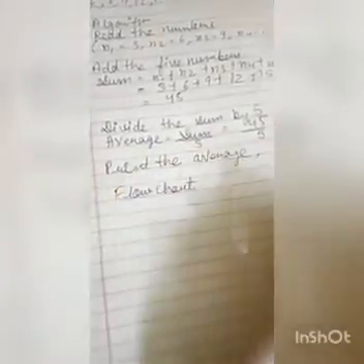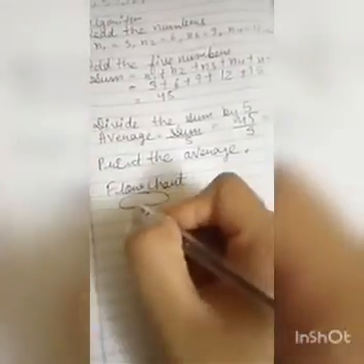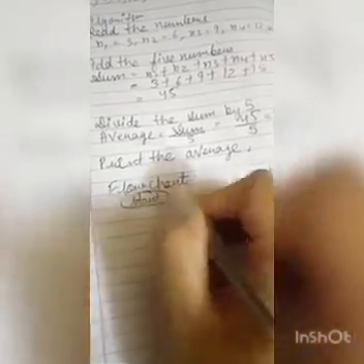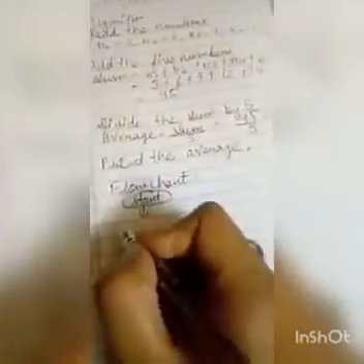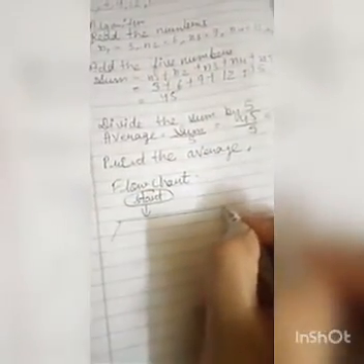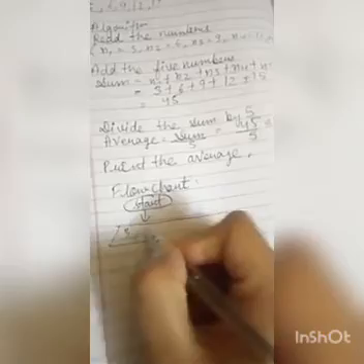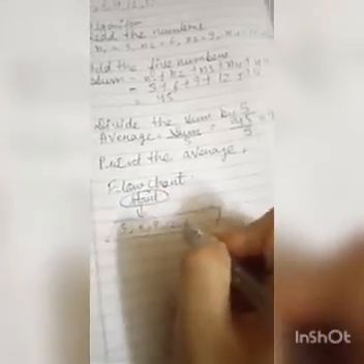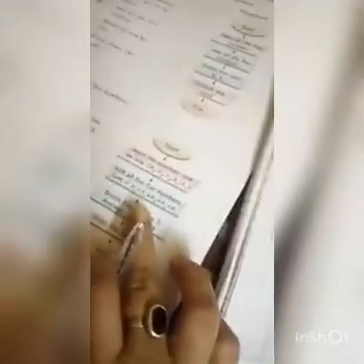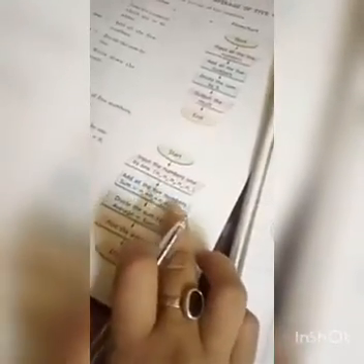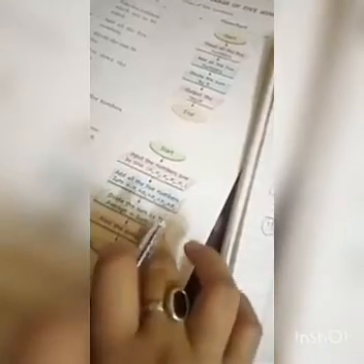For the flowchart, we will start it with an oval shape, and we have to input the numbers one by one like this: N1, N2, N3, N4, N5, which are 3, 6, 9, 12 and 15 according to this. Now what is the next step given to us? We have two processing boxes. In the first we have to add all the 5 numbers.